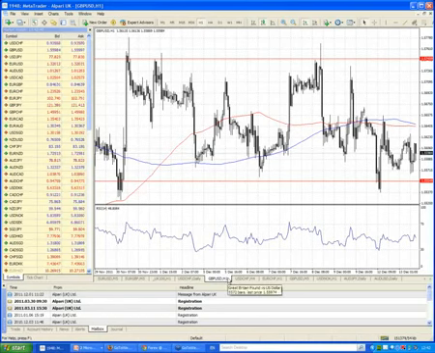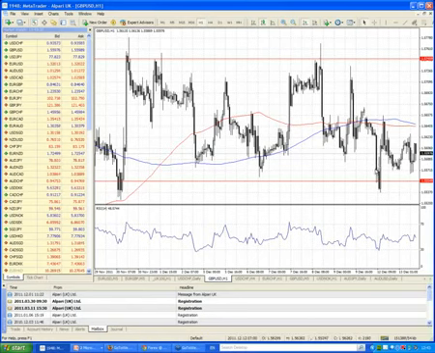Now, when it comes to oscillators, people tend to get a little bit more confused about technical analysis and trading, and they shouldn't necessarily, because RSI is one of the most basic forms of TA that you can find, a basic overbought or oversold indicator. You have two levels, 70% and 30%, and in the middle you have the data. A move above 70% indicates that the market is overbought and looking to turn around and come lower, and vice versa on the downside. If it drops below 30%, it's oversold and looking to bounce higher. Very simple overbought, oversold indicator.